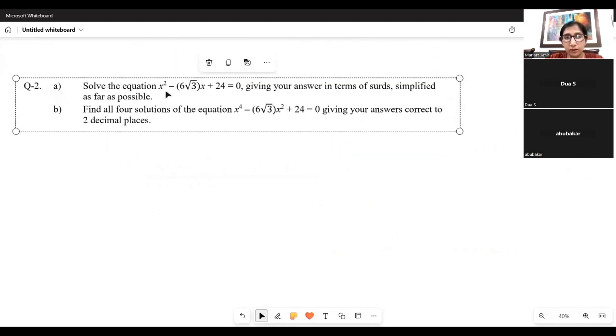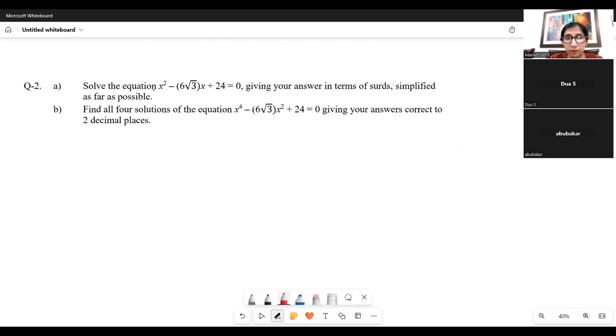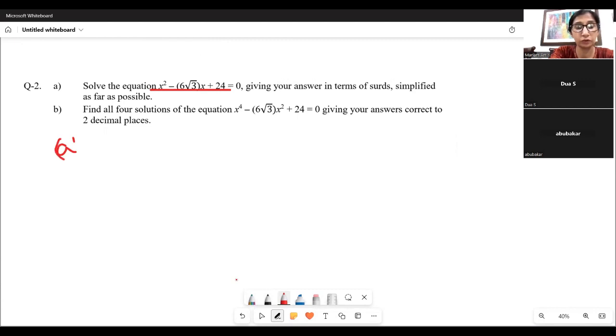Solve the equation x square minus 6 under root 3 x plus 24 equals 0. Give your answer in terms of surds, simplified as far as possible. Surd means give your answer in terms of square root. Do not press S to D in the calculator. Okay, so let's do part A. We will have to use the quadratic formula. So minus b, so that would be plus